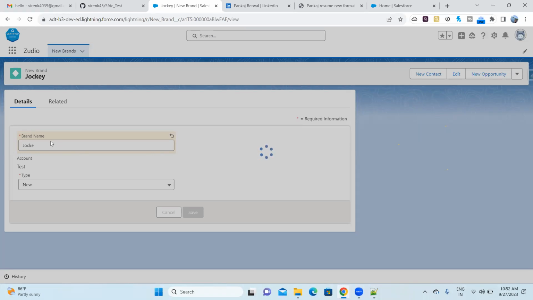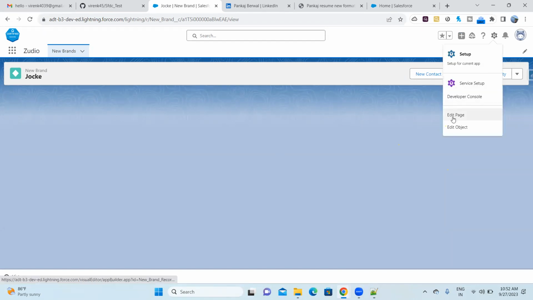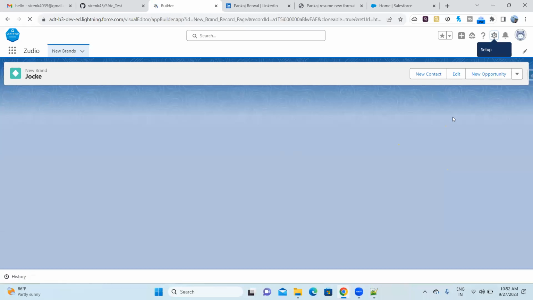So I've updated the brand name, guys. Okay. If you see, it went off. So I cannot see that. Reason being we have a visibility. So that's how the visibility works, guys. If you update the brand name to anything else, it won't be visible to you. So that's where the visibility is being handled.